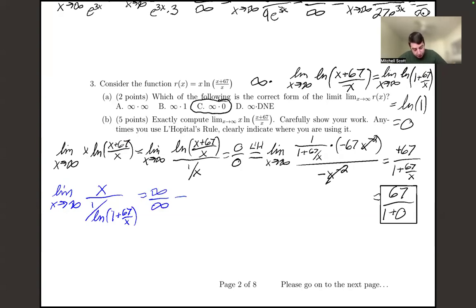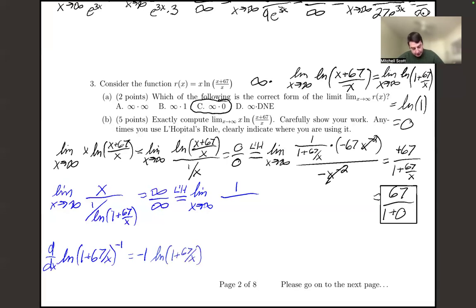Now we can use L'Hopital's and take the derivative of both the top and the bottom, the limit as x goes to infinity of 1 over, and so this is going to be tough, right? I'm going to do some work over here. This actually equals ln(1 + 67/x) to the minus 1 in the denominator. So I'm going to have to do a chain rule. If I do d/dx, this is going to equal minus 1 times ln(1 + 67/x) to the minus 2, but then I need to multiply by the derivative of the inside,